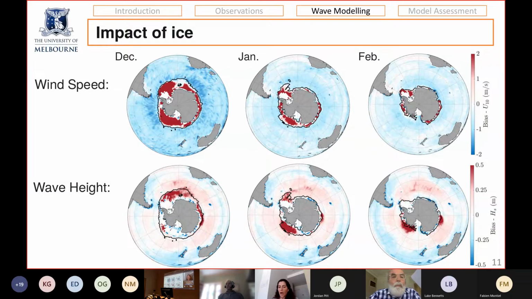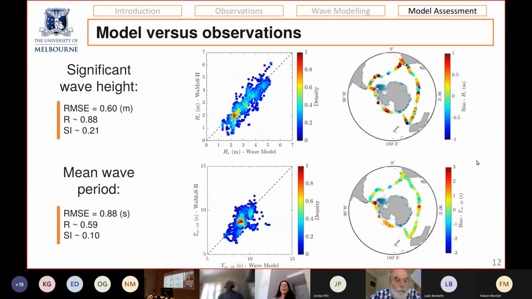And more or less for the wave heights, the biases are also confined within the limits of the ice during that month. Now that we have the model set up, from before we had these in situ observations during ACE from WAMOS, now we have our model set up, we know what to expect from it, and now we can compare our model against in situ observations that we had. As you can see, the model again is doing a pretty good job in general, however, the wave height is still a bit overestimated. The mean wave period is pretty good,